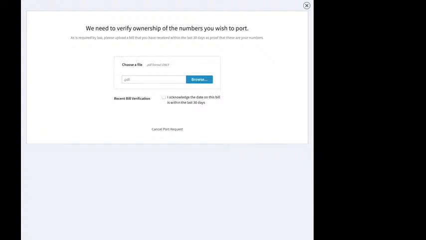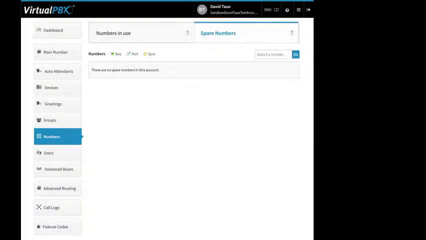One thing to keep in mind about the LOA, letter of agency: on that form, it asks you for your company information. That company information should match what your current carrier has on file for you. So say with VirtualPBX, you're abccleaners.com, but with AT&T, you're XYZ Cleaners. So on the LOA, when it says company name, you should put XYZ Cleaners,